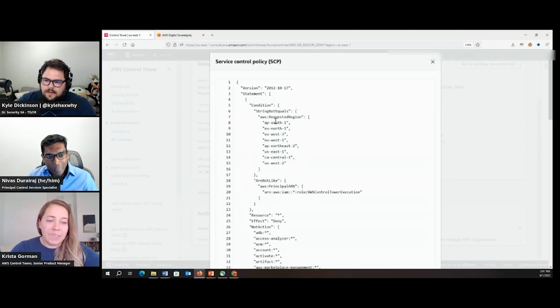Yeah. And I was just going to add, this is a very powerful feature that our customers really like to use, because some of our customers are not using all of the regions. And this way they can just focus on 2 or 3 of the regions, ensure that the resources are launched there, and have the confidence that other resources are not launched in other regions.